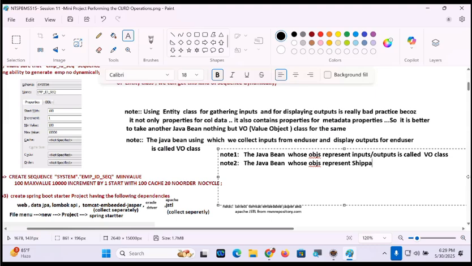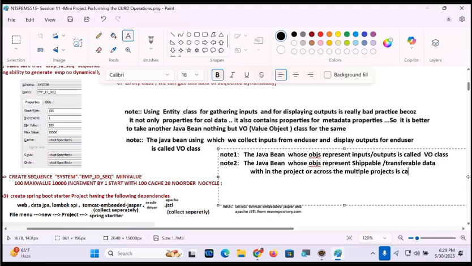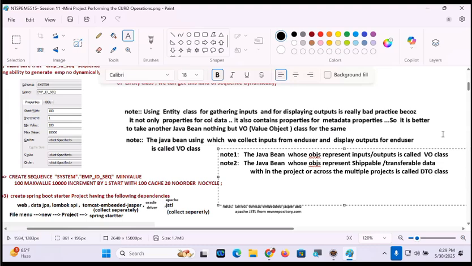Shippable data or transferable data within the project or across the multiple projects is called what, guys? DTO class, data transfer object class.